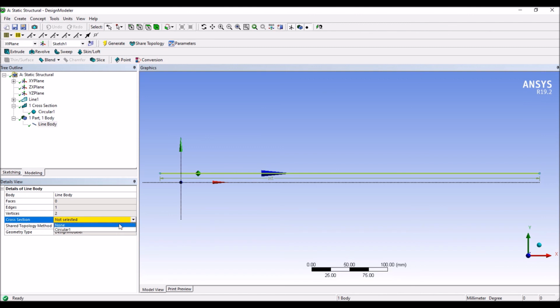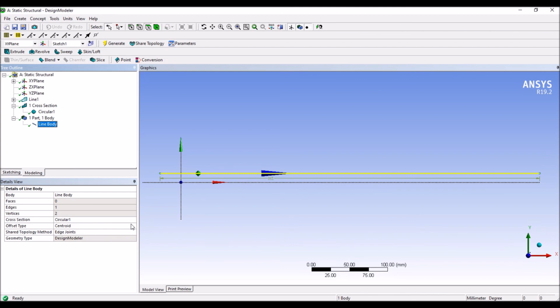But our requirement is only the circular cross section, so click on circular cross section and right click generate. Okay, so at each and every step we should click on generate to update the sketch here. Okay, so here the cross section is added to the line body.